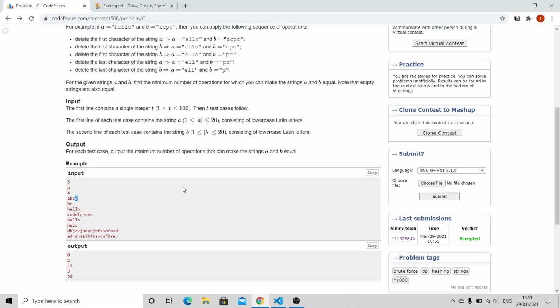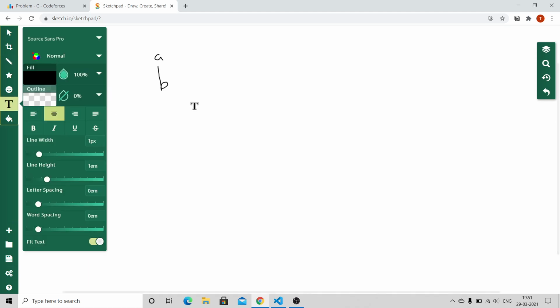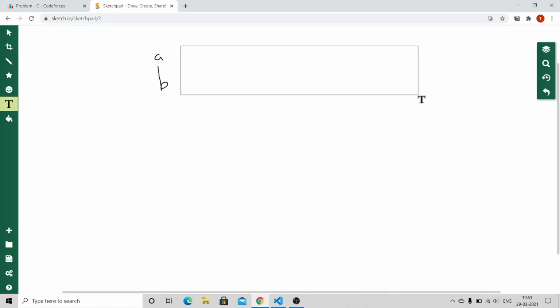So the approach for solving this question is as follows. If we are given two strings A and B and we need to find the minimum number of operations to make both the strings equal, we can reframe this question as follows.